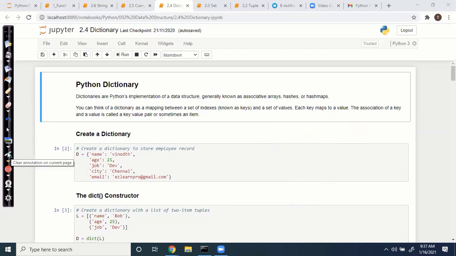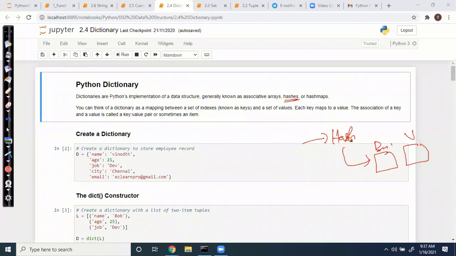Why is it powerful in Python? Dictionary is very powerful because it has a built-in hashing algorithm, hash maps. Whenever you assign any values to the dictionary, it goes to the hash function, the hash algorithm, and goes to a particular bucket where the value is stored. If you search for any value, it passes through the hash algorithm, and based on the output it goes directly to the bucket and gets the value.